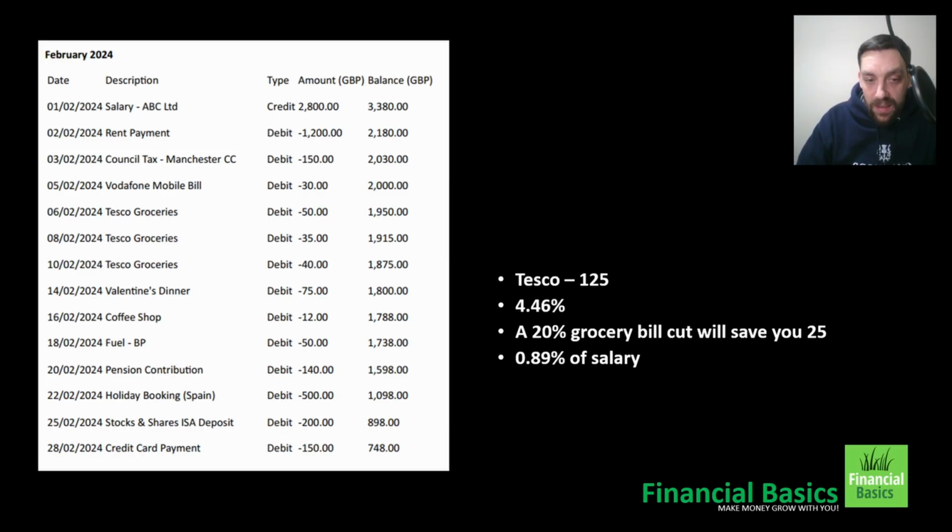If they did that, they would be saving 25 pounds a month, and that would be 0.89% of the salary. That is not a lot of gain for potentially a really big time sink, a really big investment from the individual,